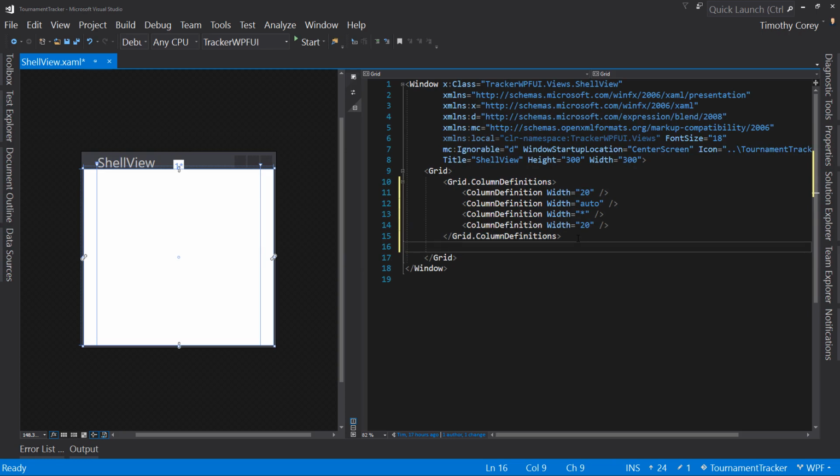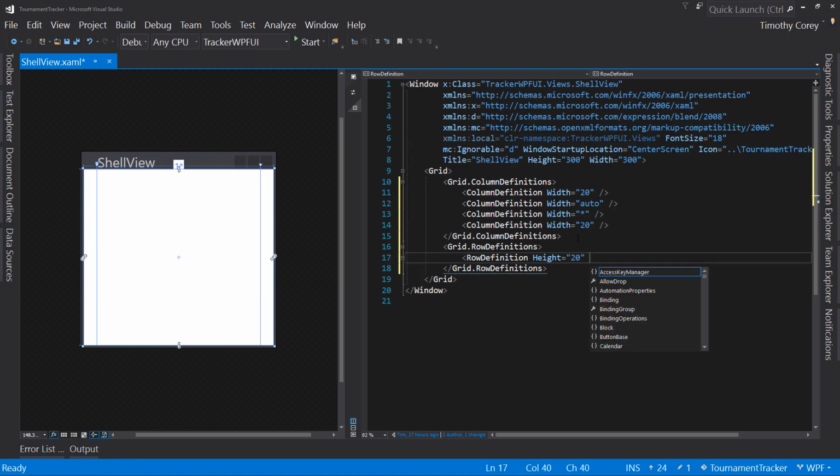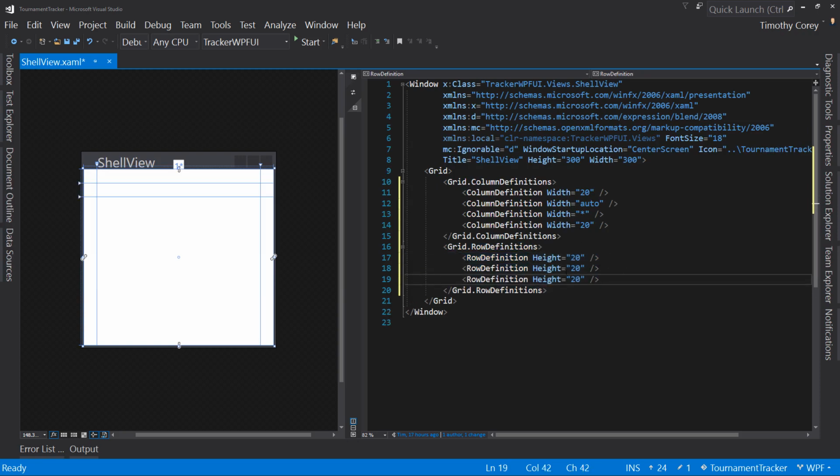Let's go to rows. And we'll start off with our same 20 pixel wide or high row. There we go. And let's create the first one, the last one, and the middle one. I'm going to want the first one to be auto. And the next one after that, same deal. I want it to be the star. And we can always add more columns later. So if you say, you know what, that's